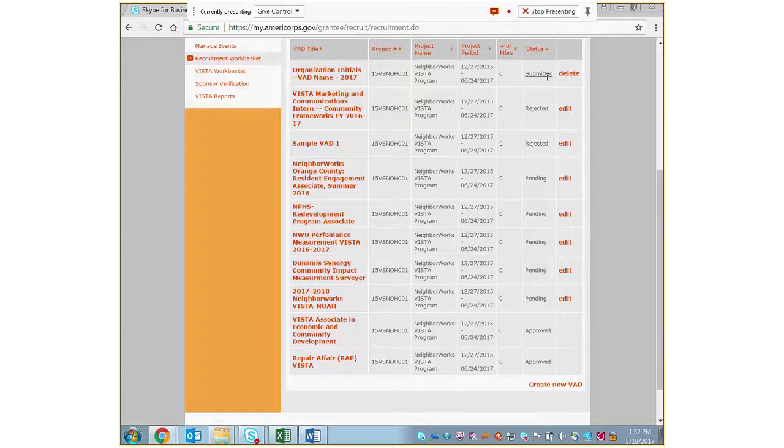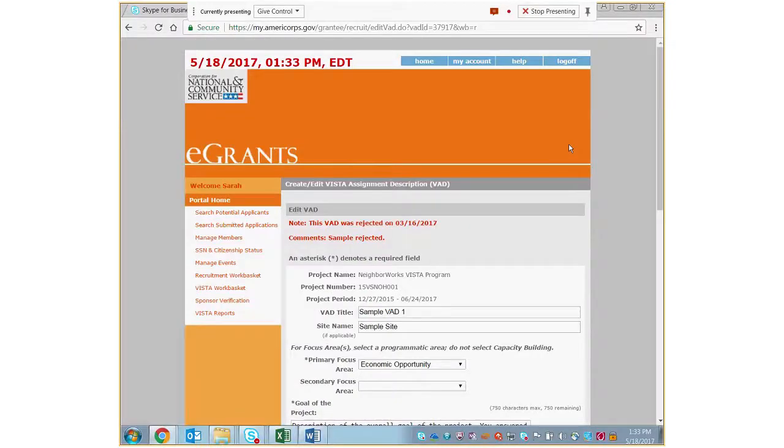If it says that it's submitted, it means we have not yet reviewed and approved that VISTA assignment description. If the VISTA assignment description has been rejected, you will see rejected here, and you can click on the edit button to go ahead and edit that VISTA assignment description. So we'll take a look at sample VAD 1. We're going to click on edit there. And what you're going to see is